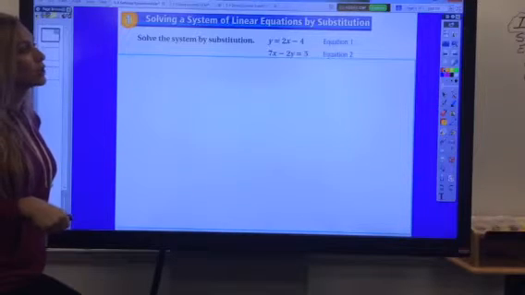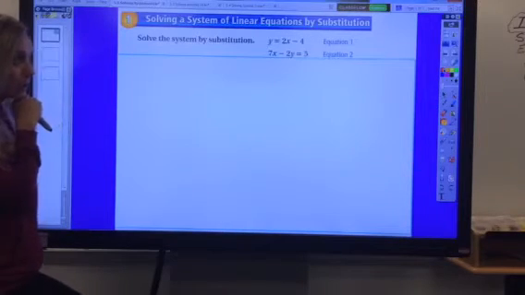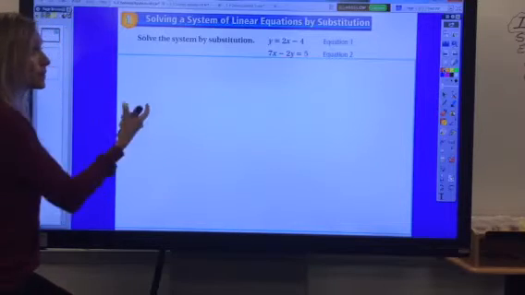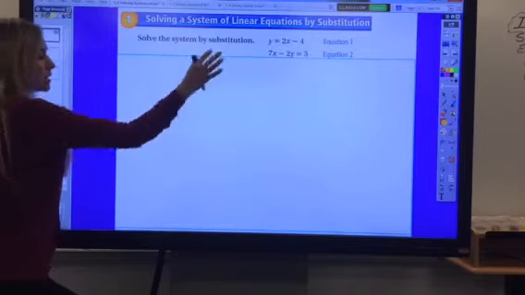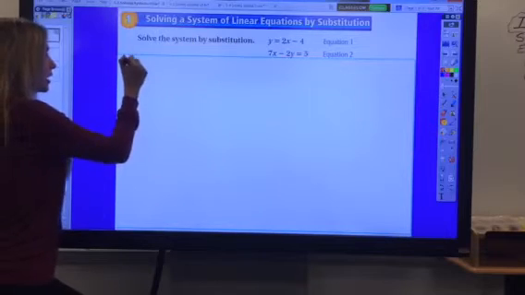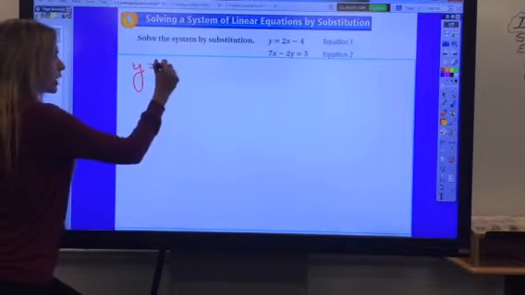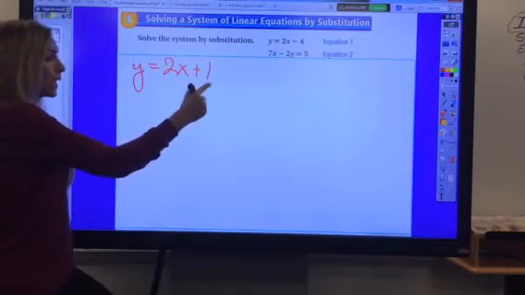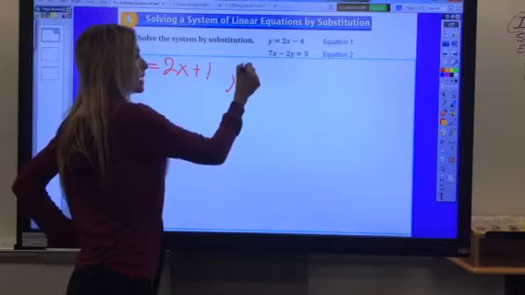Solving a system of linear equations by substitution. That means I literally have to substitute something in for something. If you remember, on a side note, if I was to give you an equation, y equals 2x plus 1, and I told you that x